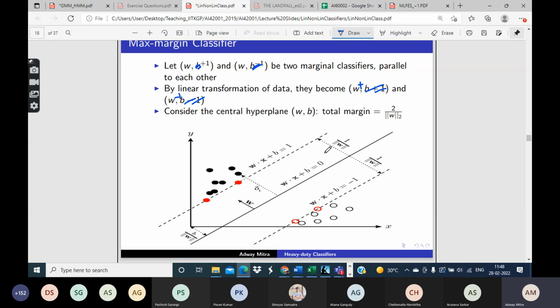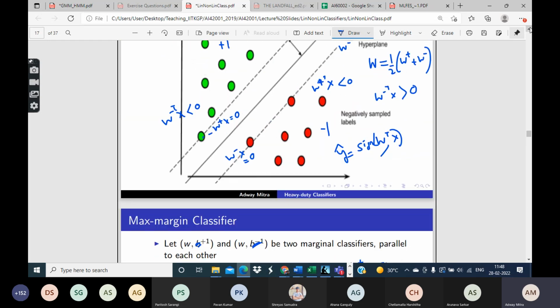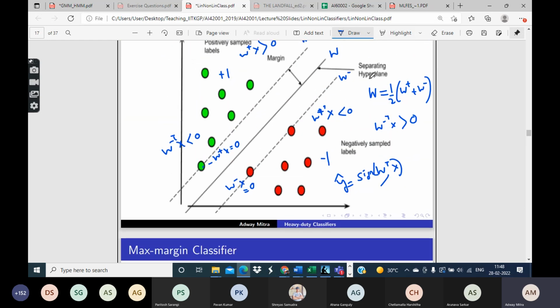So now what we can do is calculate the margin. That is the margin, so what is the margin? The margin in this case is nothing but the distance between these two lines. So we have three parallel lines. This one is basically gamma plus 1, that is the margin of the positive points, and this one is gamma minus 1, that is the distance of the negative points.